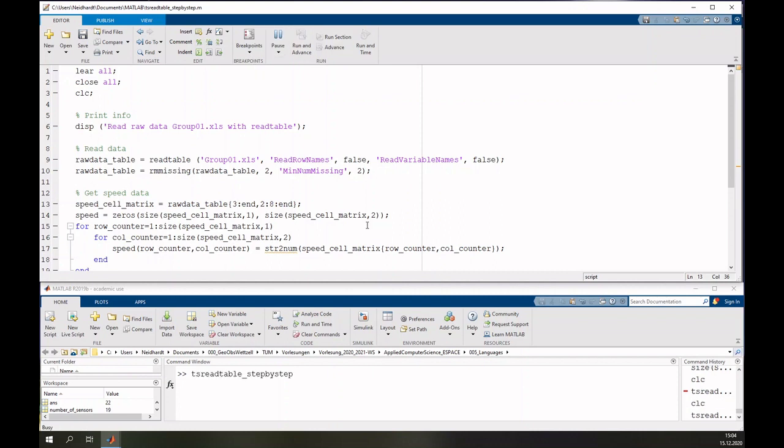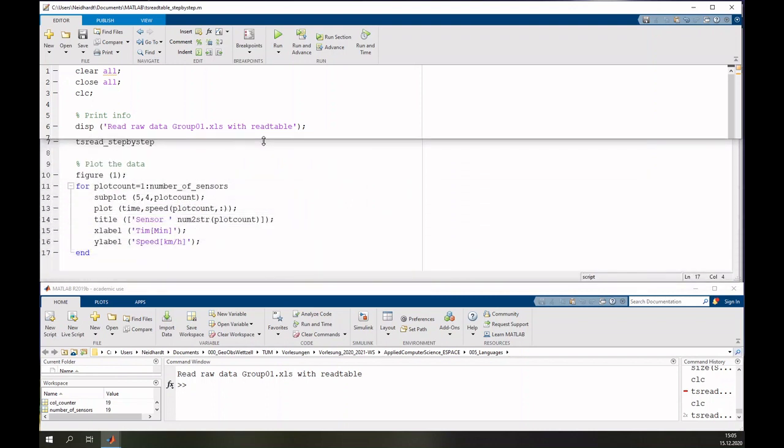So let's try it. Oh, I deleted clear, so let's do this. And now it should work. And it reads the data now. Readtable is not so fast, therefore it costs a little bit of time. But finally, you will get the data as they were in